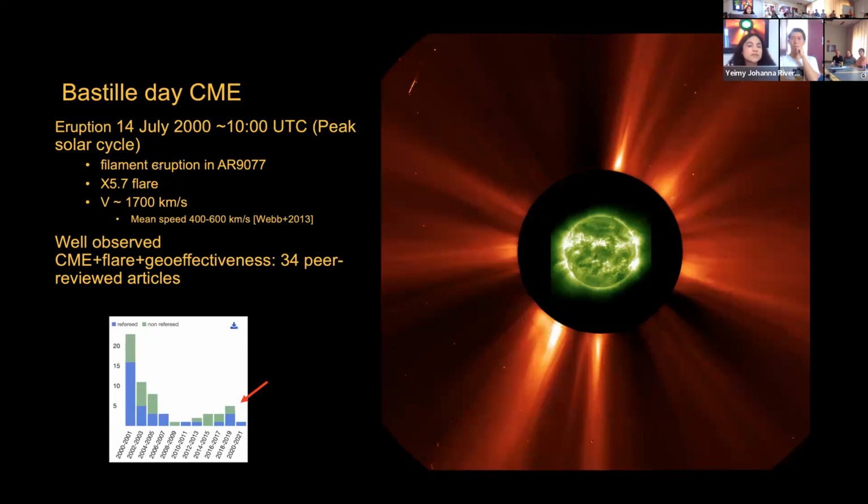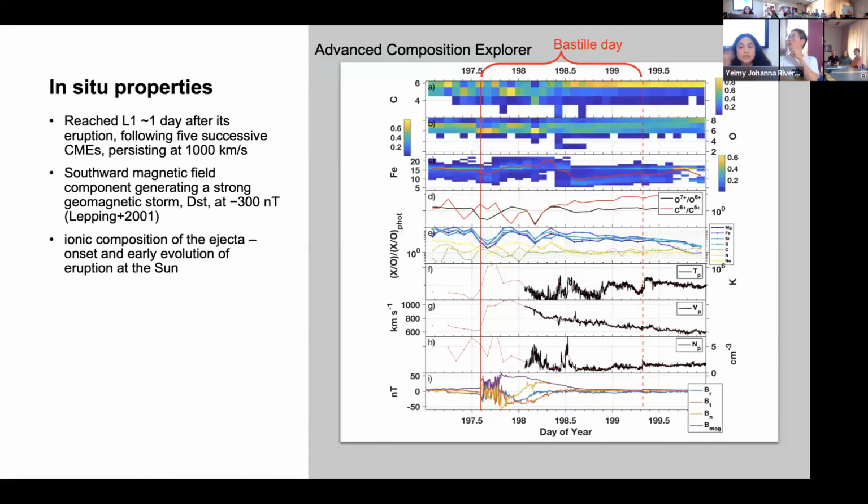Yeah, so 1,700 kilometers per second, probably somewhere between C2 and C3. From the in situ side of things, there was some deceleration. The velocity that was measured by ACE was just over 1,000 kilometers per second. So there was some deceleration, I guess, between the corona and here. But that's a really good question.